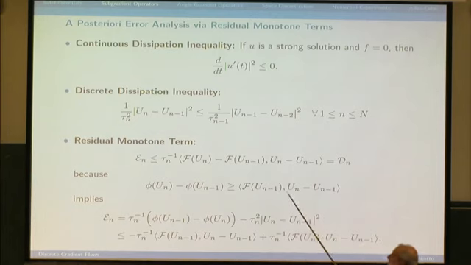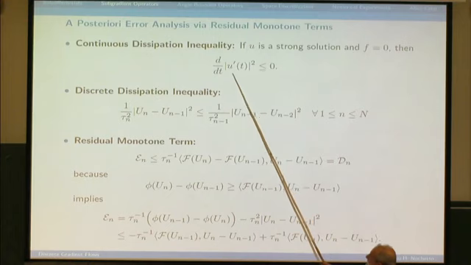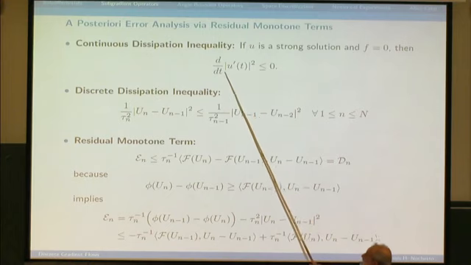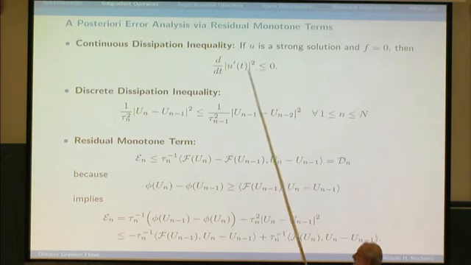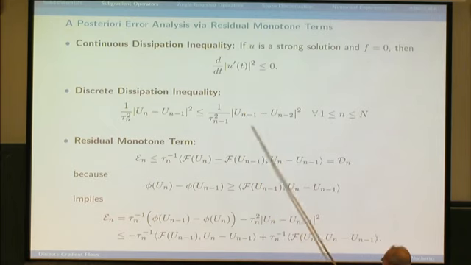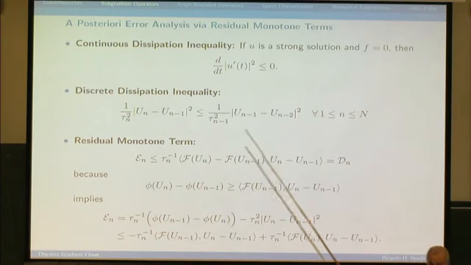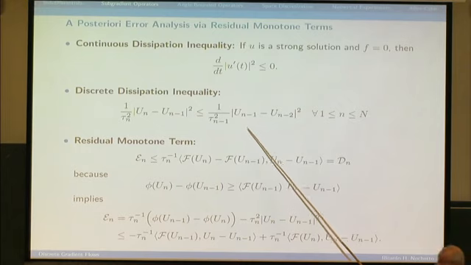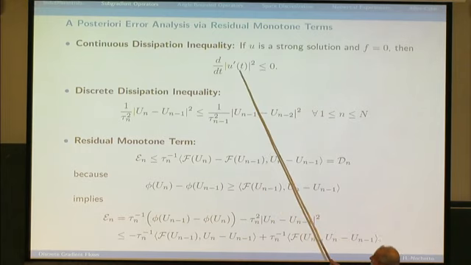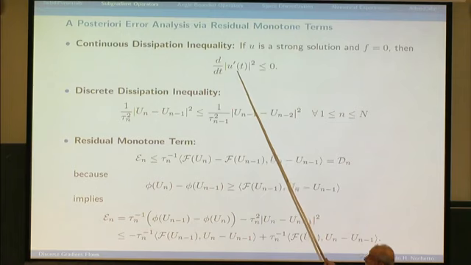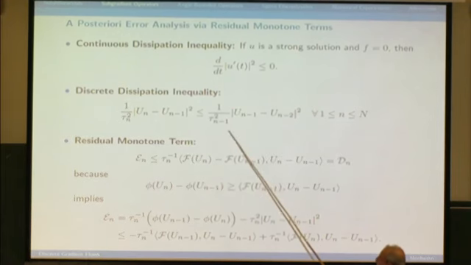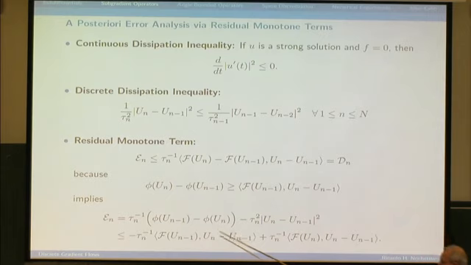It turns out that you have a discrete version of this energy dissipation inequality. I wrote it here. It comes from playing with the discrete variational inequality at the previous time step. So naturally, from the discrete variational inequality, you get a discrete version of that. And combining this and doing a very simple manipulation, which is here, I'm not going to get into the details,